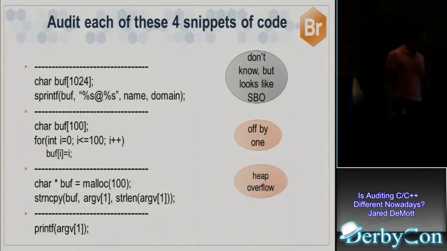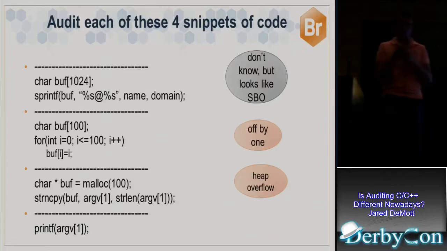And the last one, printf(argv[1]), is an old style bug. It's what's called a printf, or print format bug, or format string exception, or there's all different kinds of names for it. But the fact is, they don't use a format string. In sprintf, you see that there was, in quotes, what's called a format string. So if we're going to print some name, an integer or a string or whatever, we should have some format string specifying how we're going to print that. Otherwise, the attacker gets to specify the format string, which they could do all kinds of interesting things with, right?